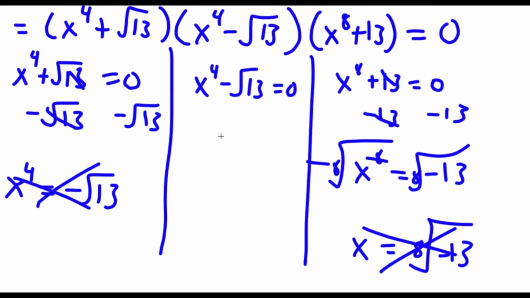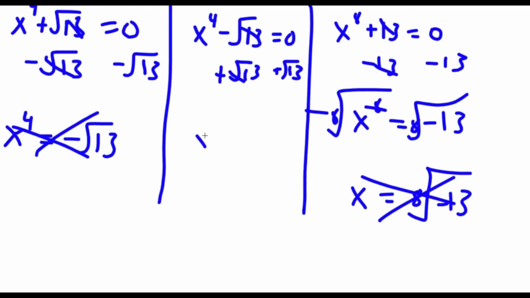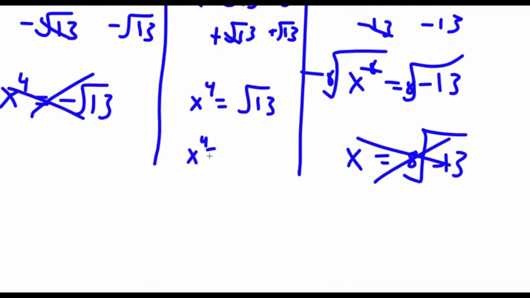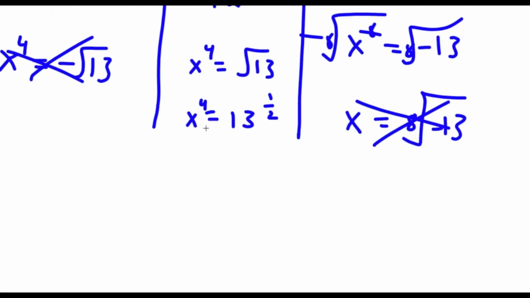So now all we are left with is x to the power of 4 minus the square root of 13 equals 0. So I'm going to first add the square root of 13 on both sides. So now I have x to the power of 4 is equal to the square root of 13. Now the square root of 13, this is the same thing as 13 to the power of 1/2. So now if I take the power of 1/4 on both sides,